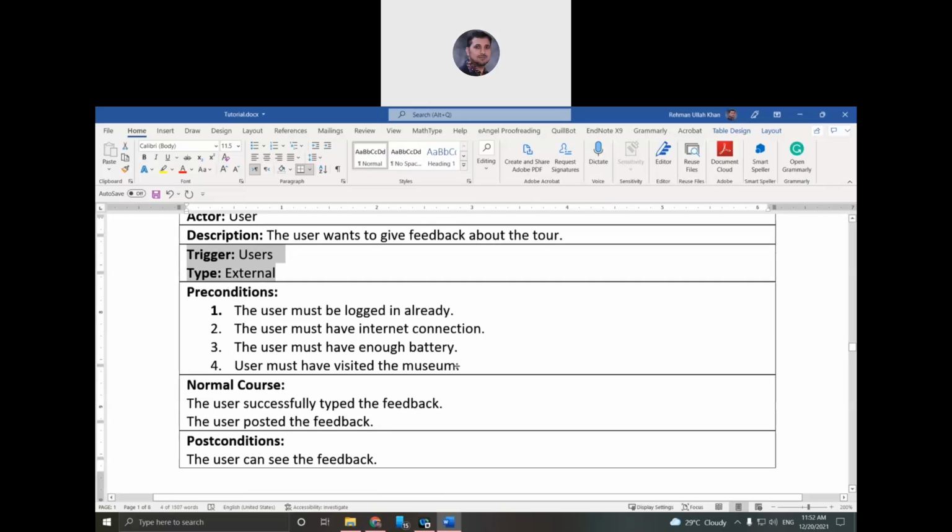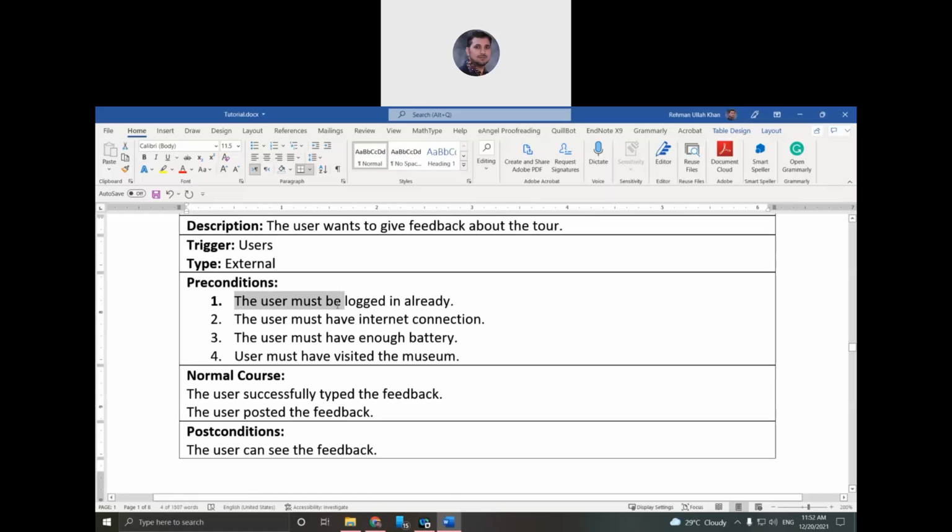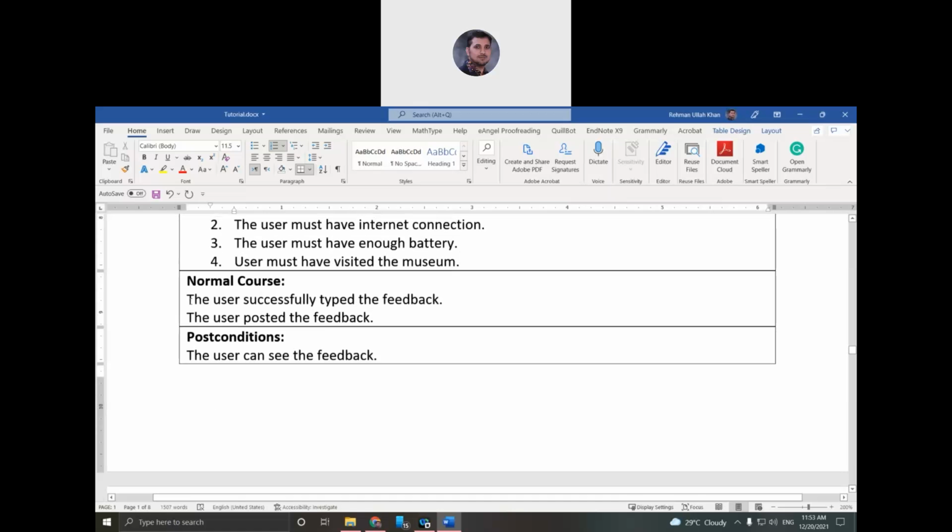User and external precondition: the user must be logged in already, the user must have an internet connection and enough battery, and the user must have visited the museum already. After visiting, you can give the comments. So normal course, if everything goes well, the user will successfully type the feedback and post the feedback.